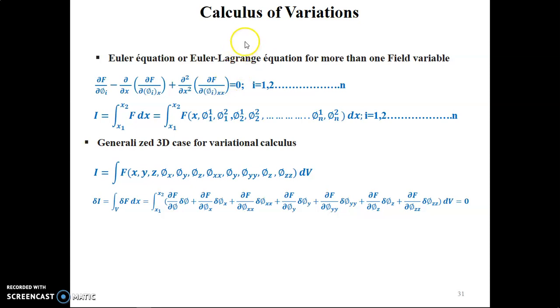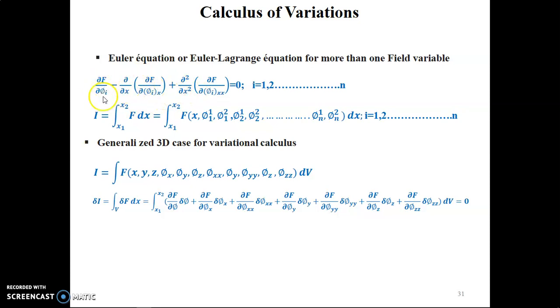So far in the calculus of variation approach, we have discussed the basic method to perform finite element analysis for 1D problems and for problems which have only one field variable. If more than one field variable exists in the engineering problem, for example, in the case of fluid flow through channels, where we have the field variables temperature and pressure, then we need to modify the Euler-Lagrange equation. How we will be modifying these equations is presented over here.